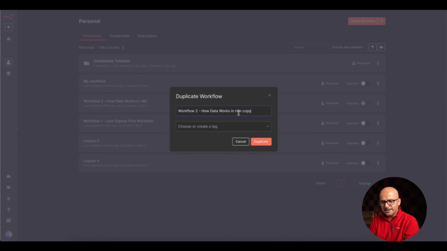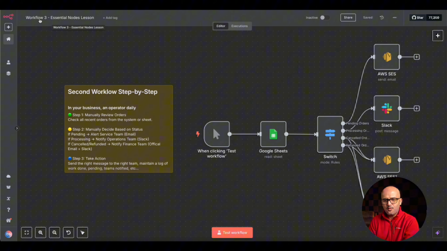So let's duplicate it, and you will understand how you can duplicate an existing workflow, and instead of building it from scratch, how you can reutilize what you have already built. I'm going to name it workflow 3, essential nodes lesson. I'll duplicate this. So you can see now we have workflow 3 essential nodes lesson as a new workflow.